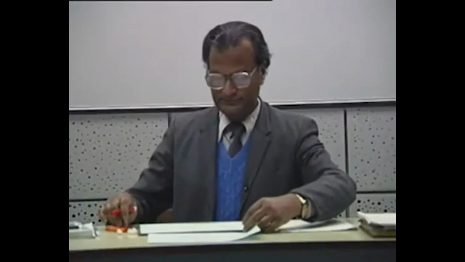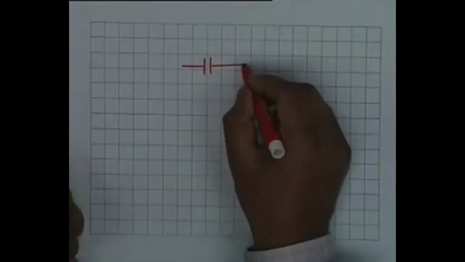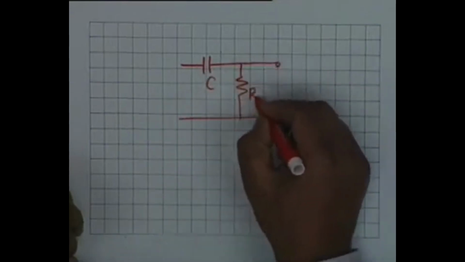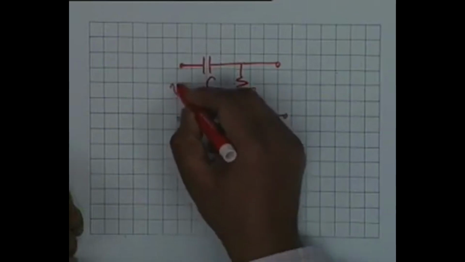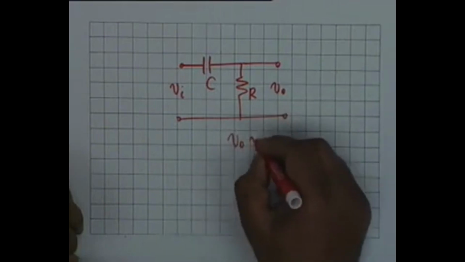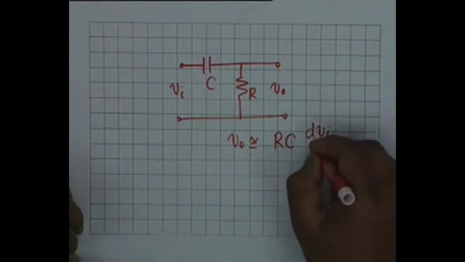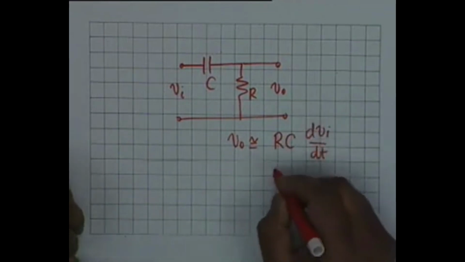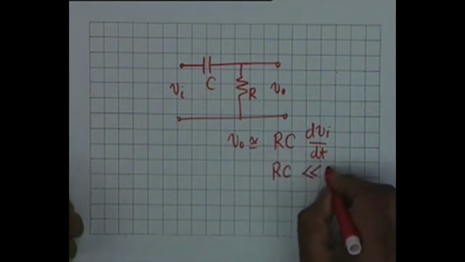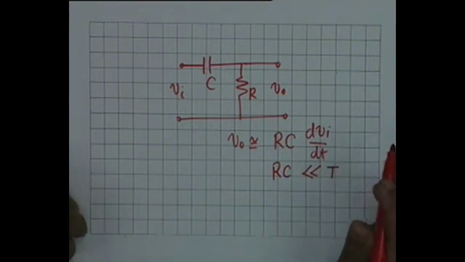As I had talked about yesterday, we were considering a differentiating circuit, C and R. If this is Vi and this is V0, then V0 is approximately equal to RC dVi/dt, provided the product RC is much less than capital T,